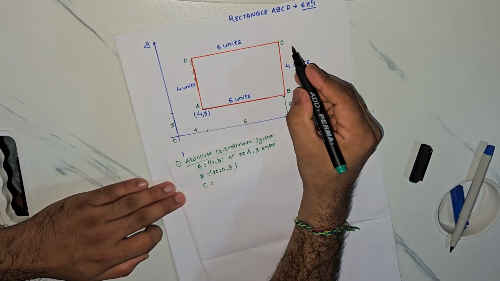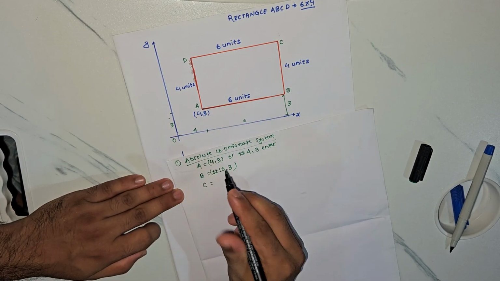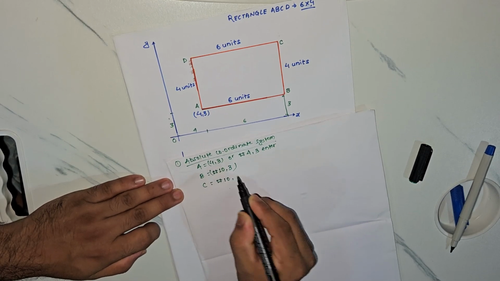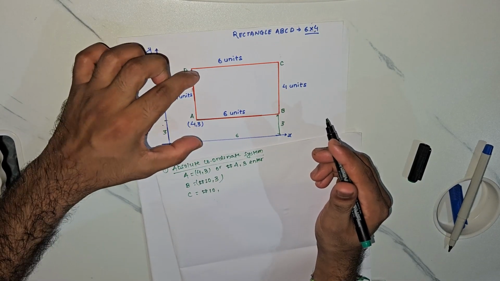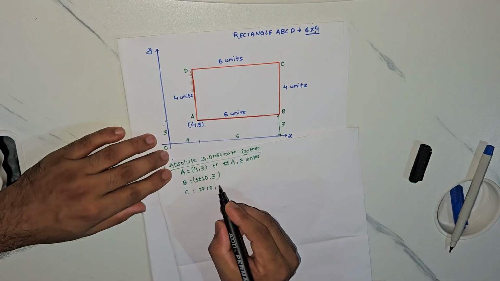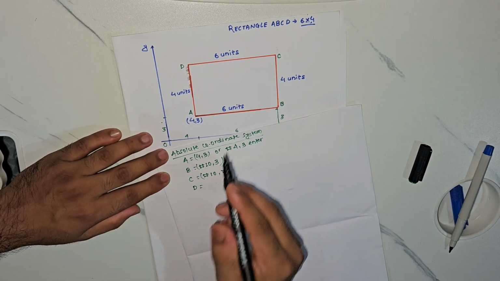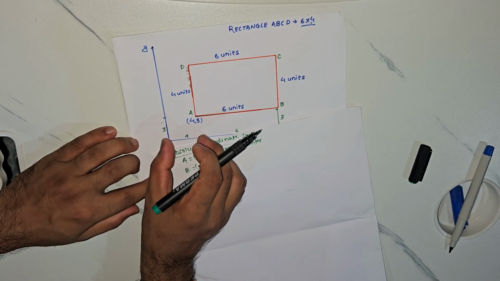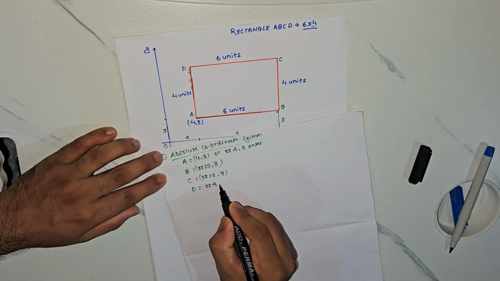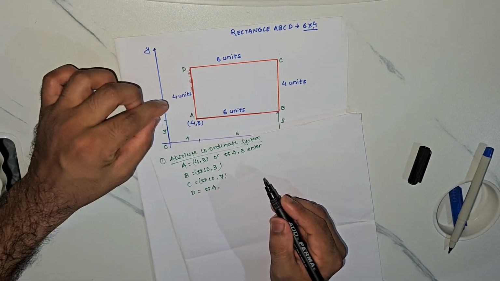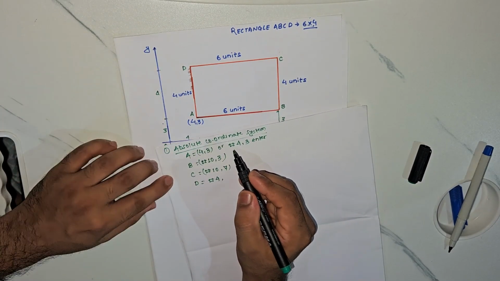Again for C, it will be measured from the origin, so the x distance will be the same, that is 4 plus 6, hash 10. And then for the y distance, you can see from the origin, this is the height or the y distance, so this is 3 plus 4, so 3 plus 4 is 7. Again for D, the x distance is only 4 here, so hash 4 comma, and what is the y distance? Y distance is 3 plus 4, so 7.